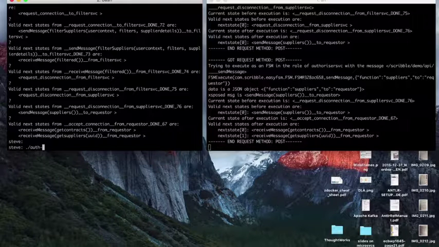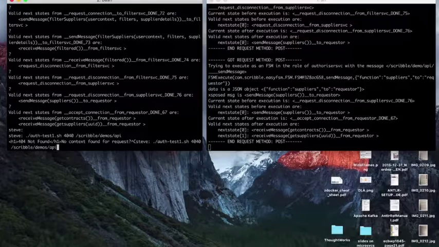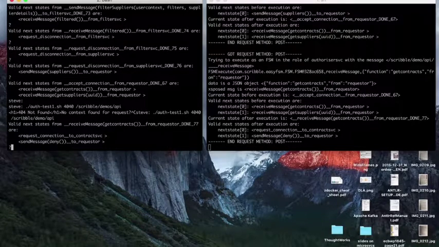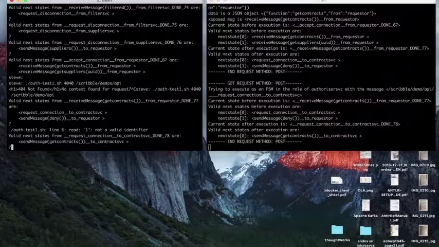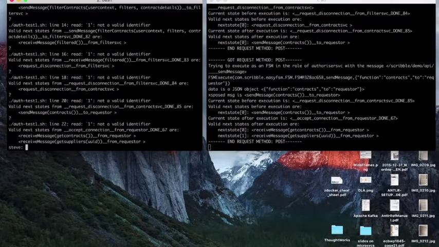And of course we can do exactly the same thing with the suppliers. So sorry, with the contracts. So we can check that that works too. It helps if you actually get this right. There we go. So now it's happily going through all the messages for contracts, and again it will get back all the way to the point where it's ready to receive either a request for contracts or a request for suppliers. And if we do the same thing with errors,